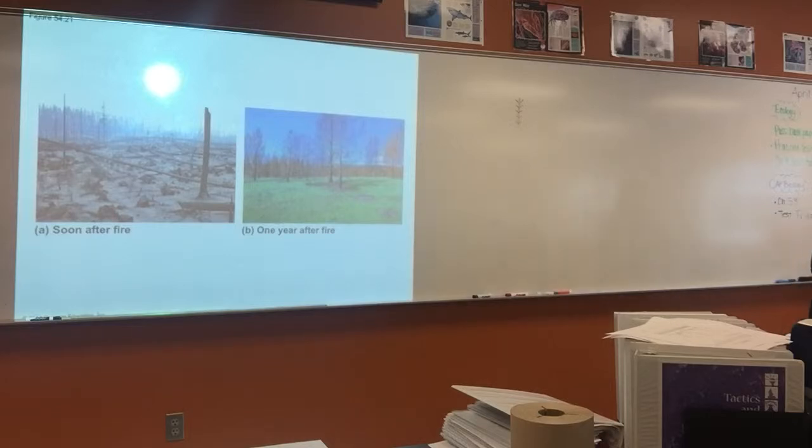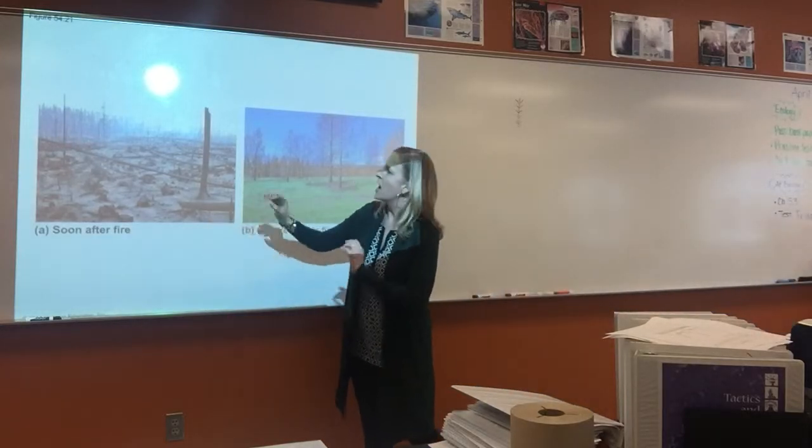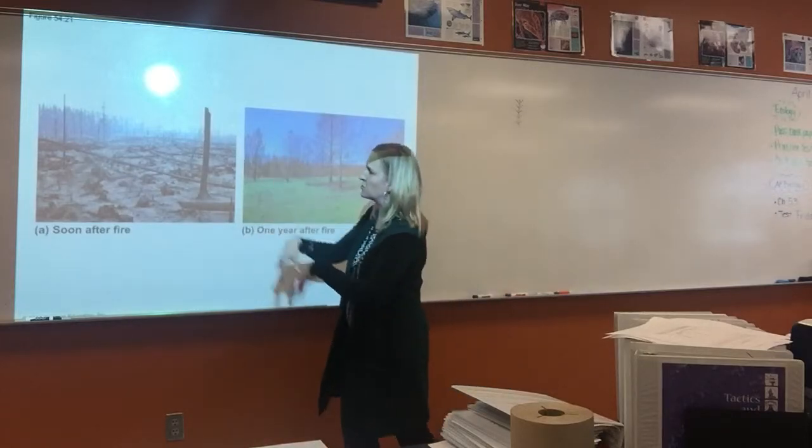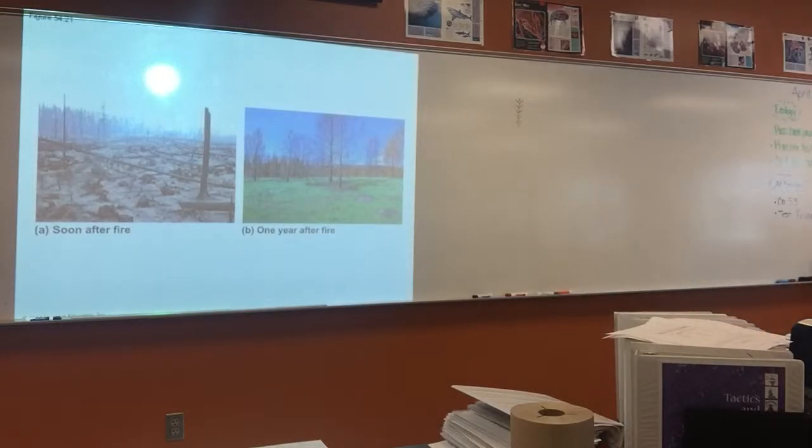So therefore, fires in some ecosystems are a natural part of the ecosystem and the community. And so that's why it's a non-equilibrium community. It can change, and therefore this is 1 year after the fire, and given time, it'll eventually look, I wish I had a picture of the before here, it'll eventually look and be covered with the lodgepole pines like it did before over time as these guys grow and so on. And so that's actually an example of what we call succession, which is when a disturbance happens to a community and it kind of rebounds from that. All right, and so that's the Yellowstone